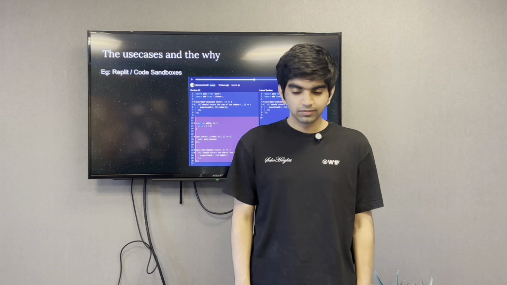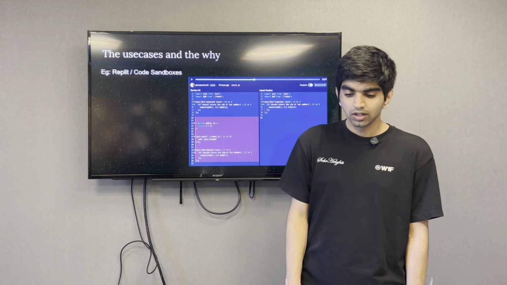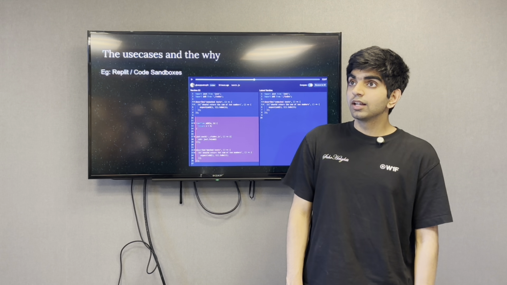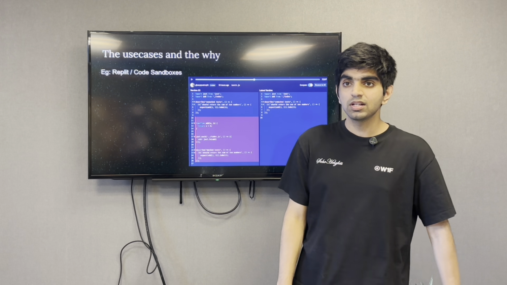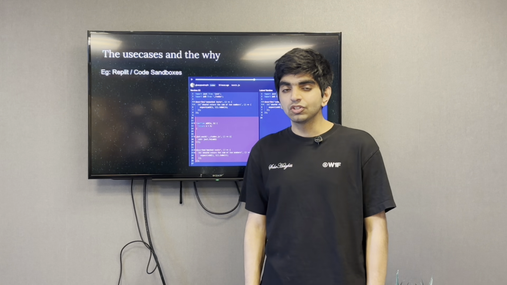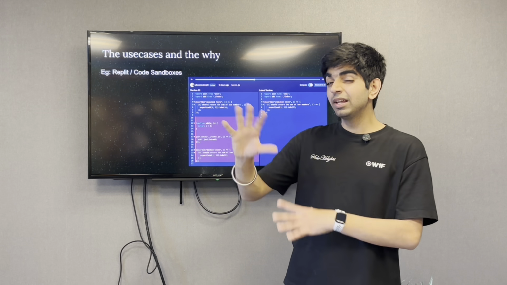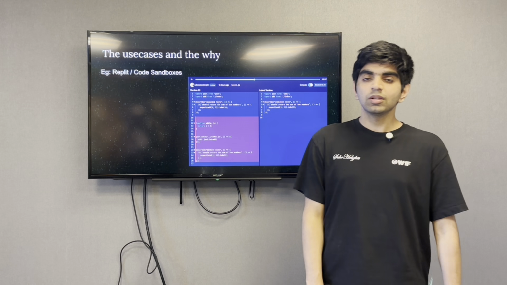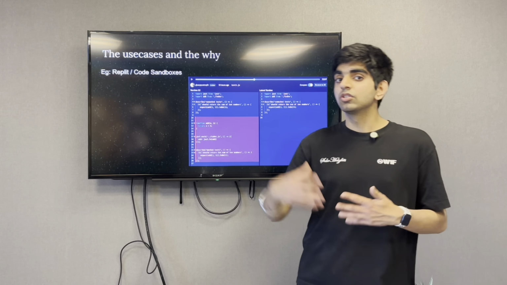Cool. Before I go on to use cases and the why, I'll just quickly talk about what the problem statement actually is. So an application called Replit, or let's say Code Sandbox, these are a couple of applications, websites, whatever you want to call them, which essentially allow you to create your own code bases, so to speak, in the browser itself. What does that mean? That essentially means that if I go onto these websites and say create new, I don't know, Java project or